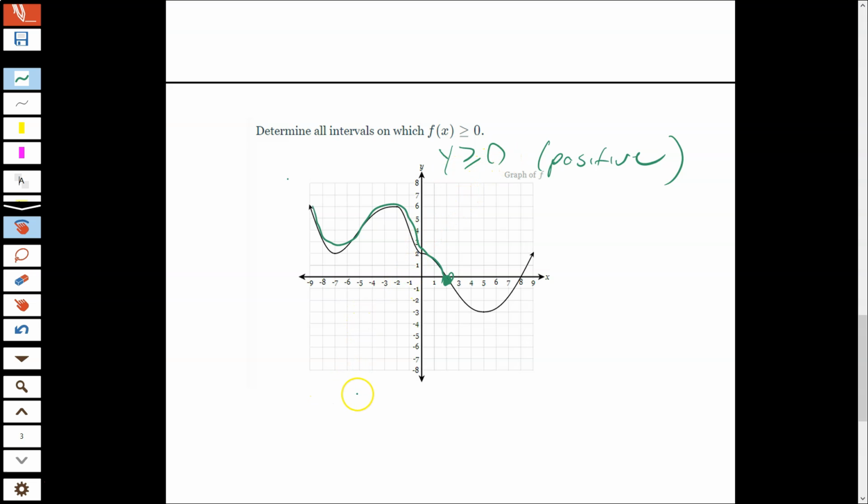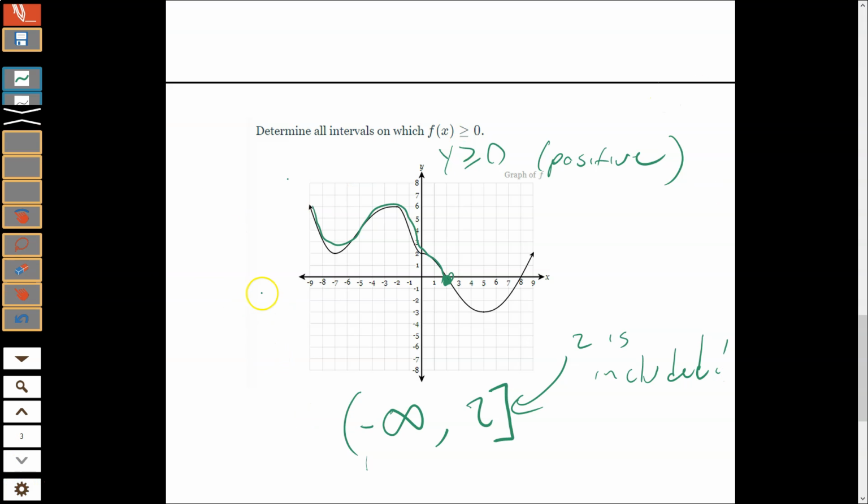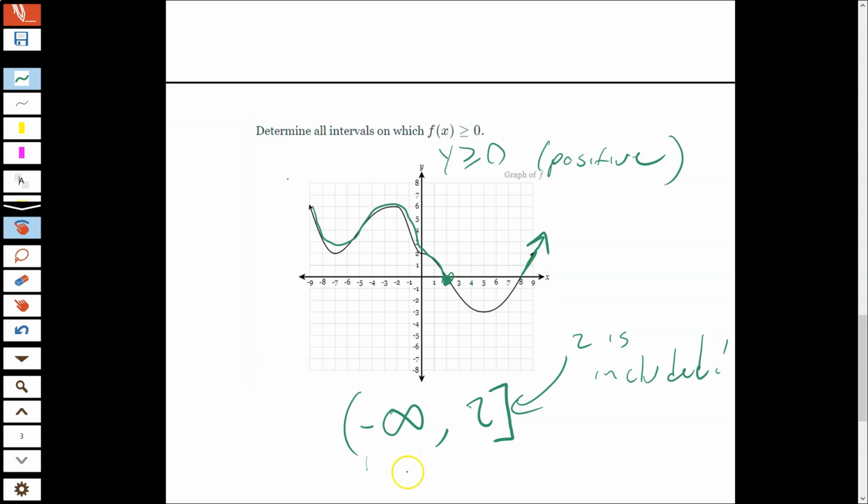So this time, my positive interval is going to be everything that's at 0 or above 0. So that would be from negative infinity to 2, and this time 2 gets a bracket. Remember, the bracket means that 2 is included. And then notice now, I didn't quite capture them all. So we have this negative region, y is less than 0 here, and then I continue to go positive to the right of 8. So I'd say from 8 to infinity is that right-hand interval. Infinity gets a parenthesis, and 8 gets a bracket, because again, 8 is included